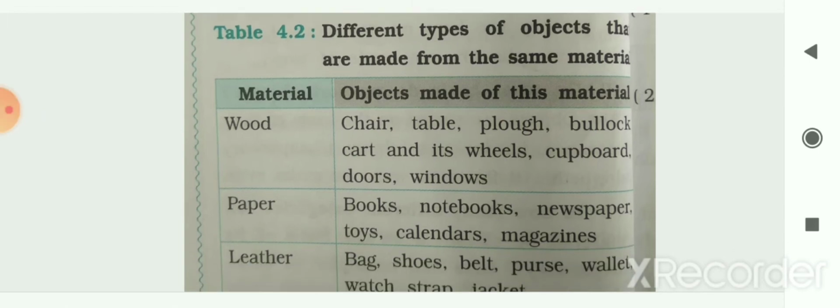So here the table is given to you, different types of objects that are made from the same material. First it's wood. The objects we had already seen, that is chair, table, plough, bullock cart and its wheels, cupboard, doors, windows. The next material is paper.